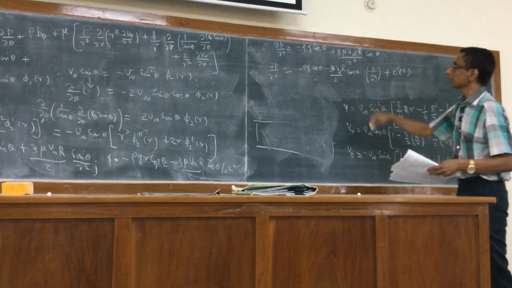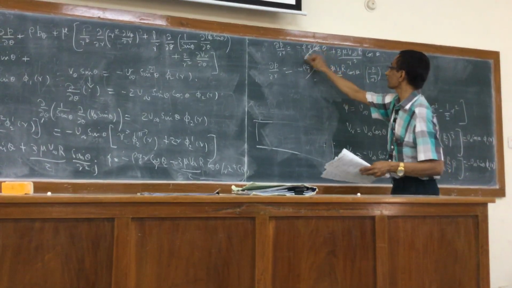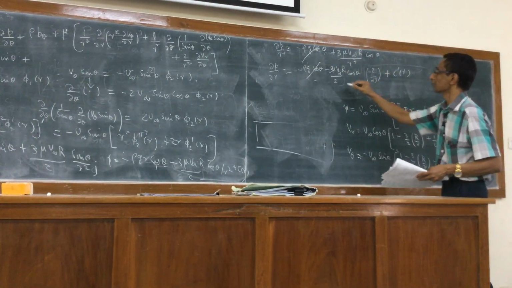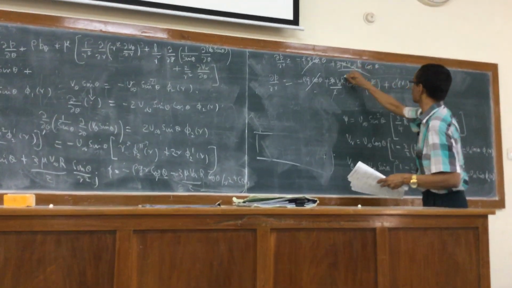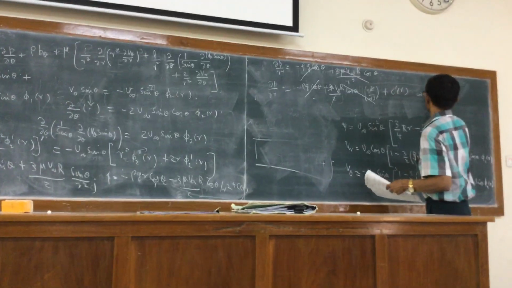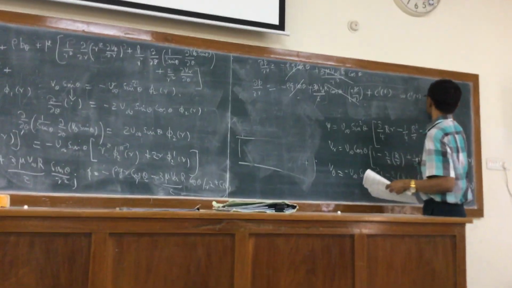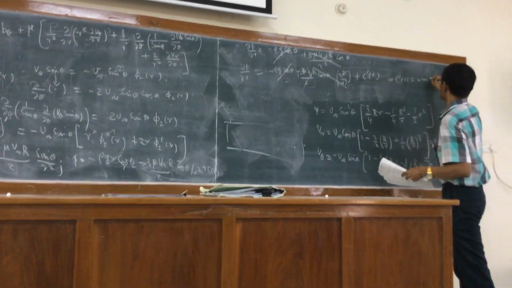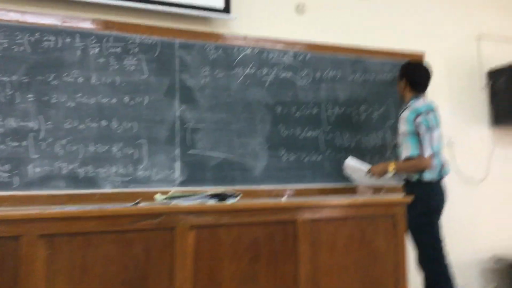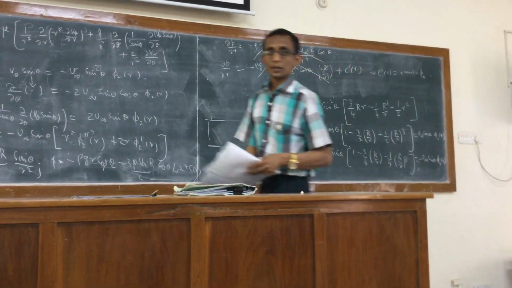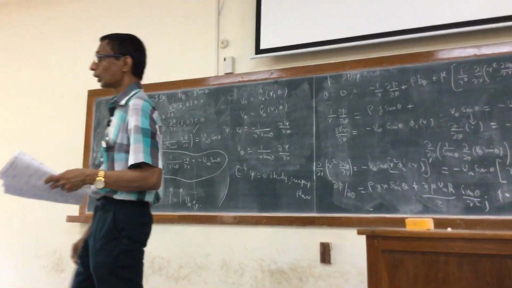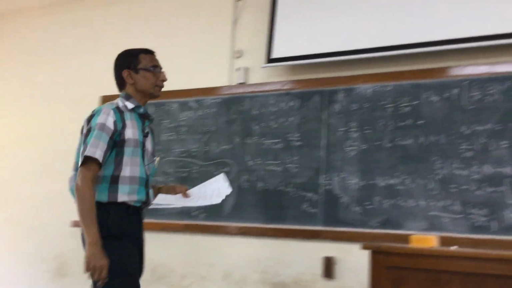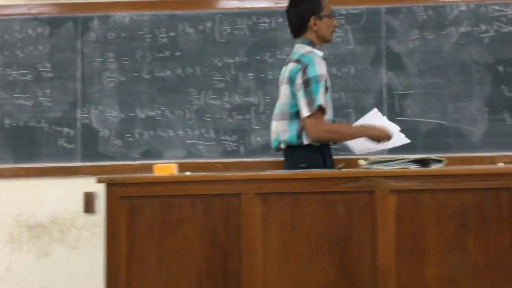So if you compare these two, you will see that this will cancel with this, and this again is plus, the 2 will cancel, and so this cancels with this. So we will imply that c prime of r is equal to a constant, which I may simply call some p naught. Yes, c prime is 0. Yeah, c of r